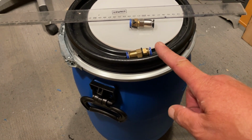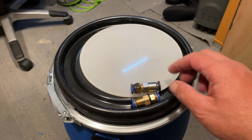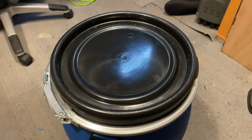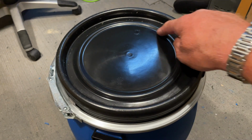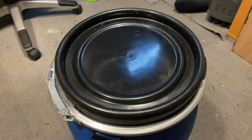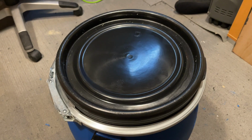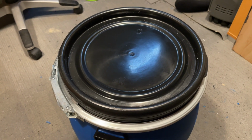There's a couple of photos coming up, as I explained in one of my last videos on how this is done. In that video you can see some photos of where I've cut this drum out, which is along the inner side of that ridge there. I'll just put that photo up now. What I've then done is